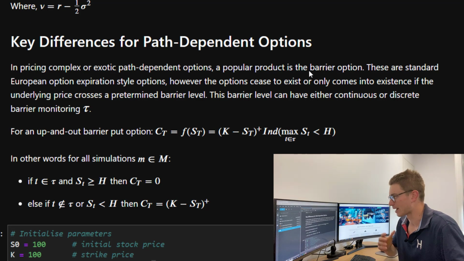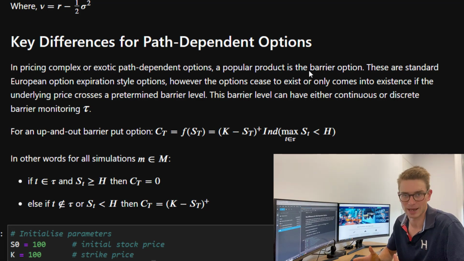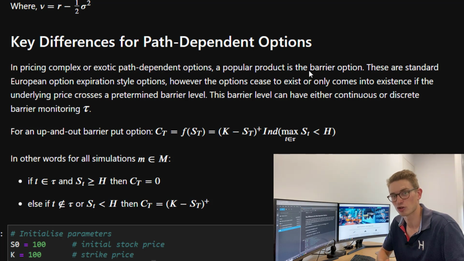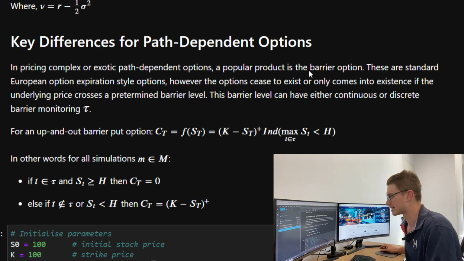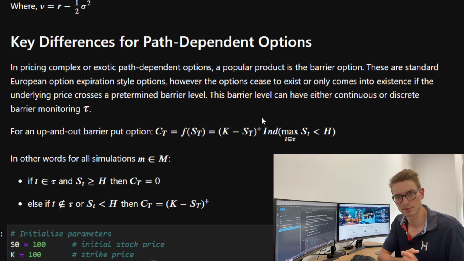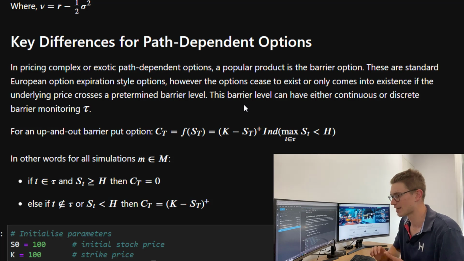So what's the key difference between path-dependent options like the barrier option specifically compared to a European option? Well, essentially it is a European option, except it has one or two circumstances. It either ceases to exist because the asset goes over or under a certain threshold value, or it comes into existence because it's gone over or under a certain threshold. So here we're considering this predetermined barrier level to be H. And the important thing is that you have some kind of monitoring dates that you're going to be assessing the asset over. We call these tau. Now, these can either be discrete or continuous. But because we're doing Monte Carlo simulation, we're going to say that they're discrete